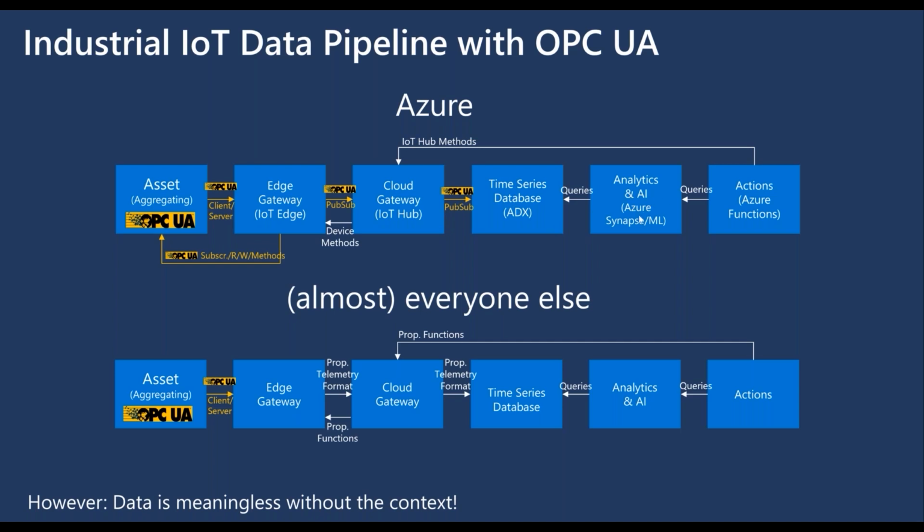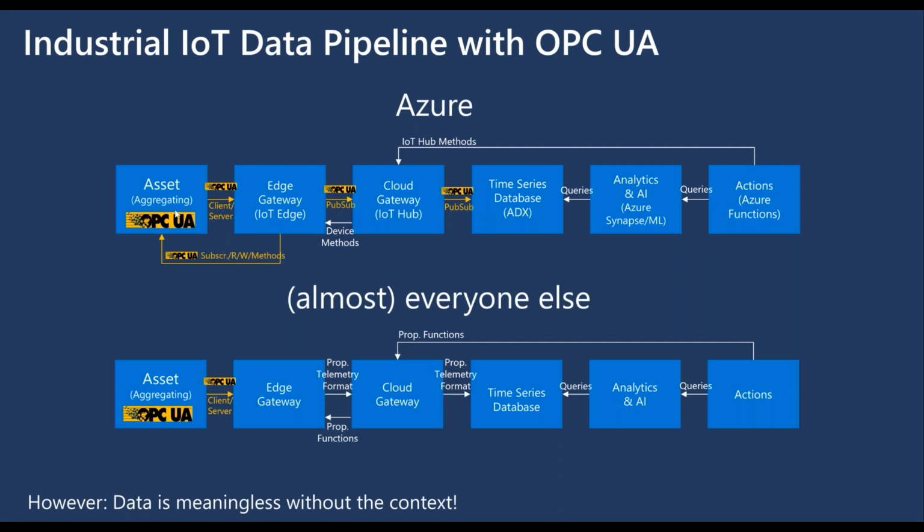Then you can have your analytics software run queries against your time series database, or if you want to create that digital feedback loop, you have serverless compute services like Azure Functions that can also run queries directly on a time series database, or on the analytics software, and then via IoT Hub methods,